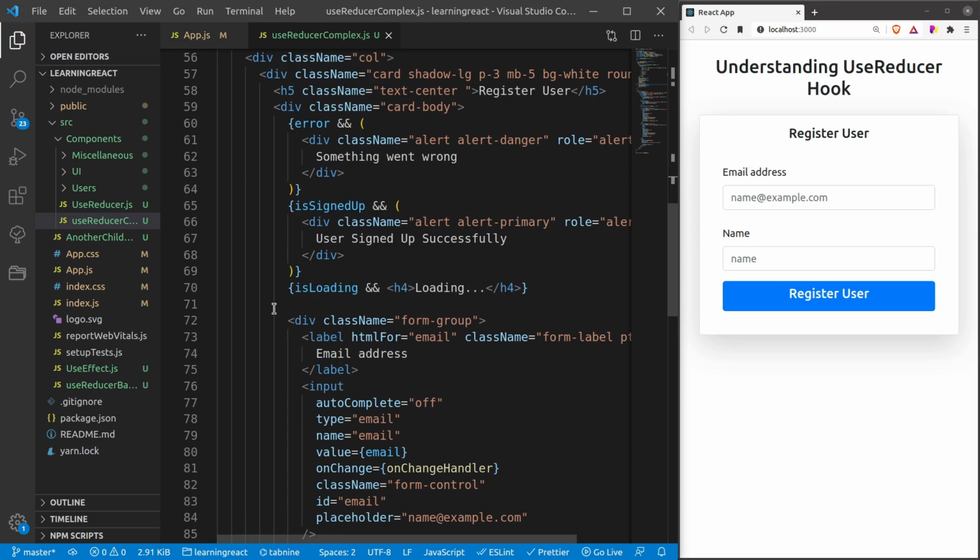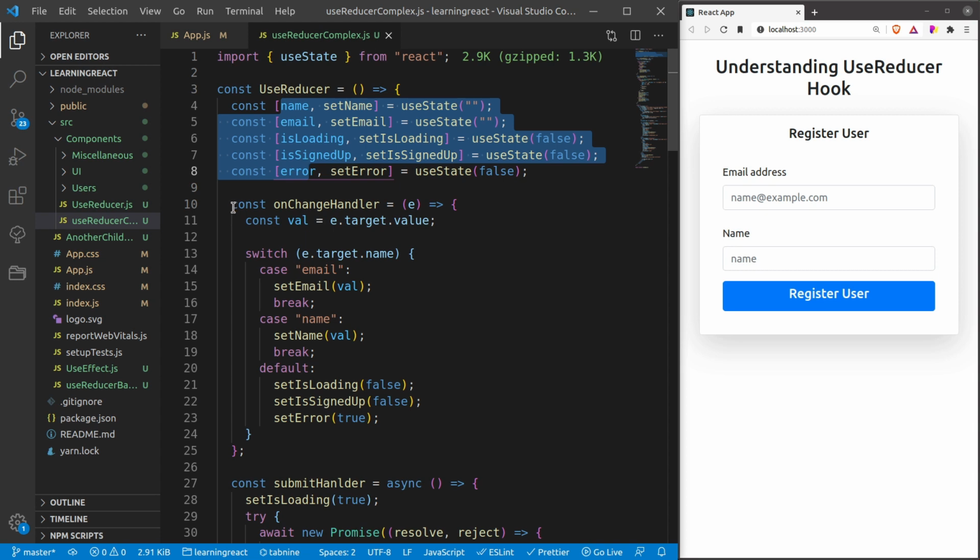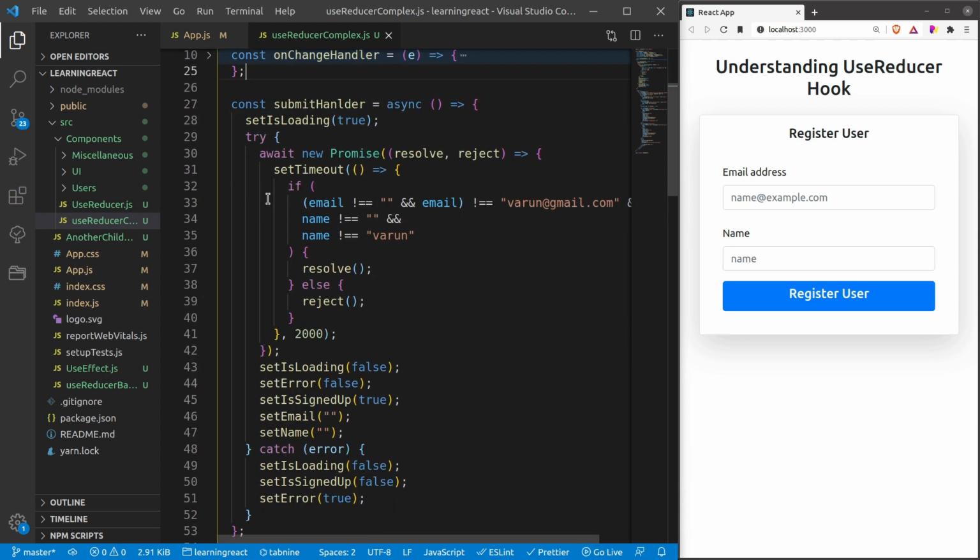So now you can see that for handling this very basic scenario, I have made a very complex code base, right? I have to use different states, and then in order to handle the change handlers, I have to create a separate method. Similarly, for my submit handler, you can see that I am making changes with different states.